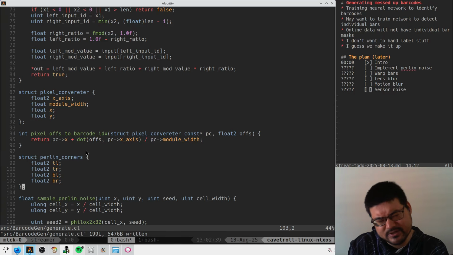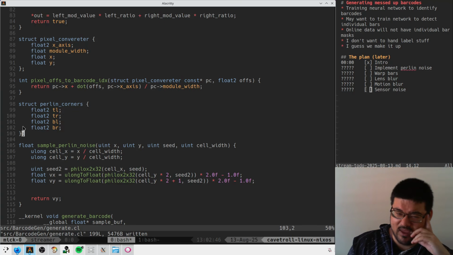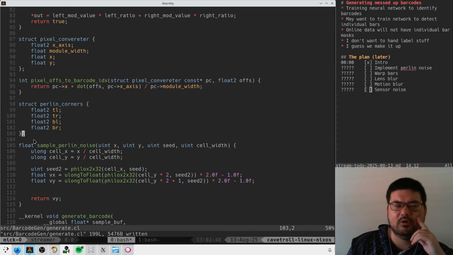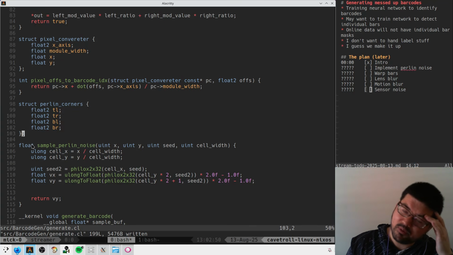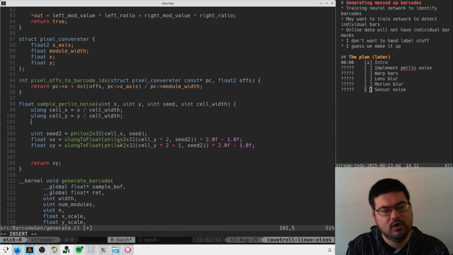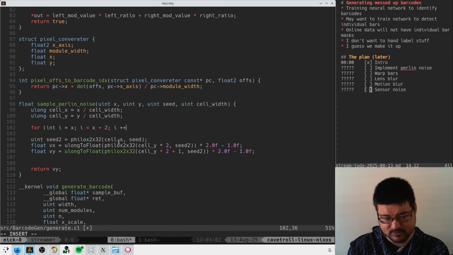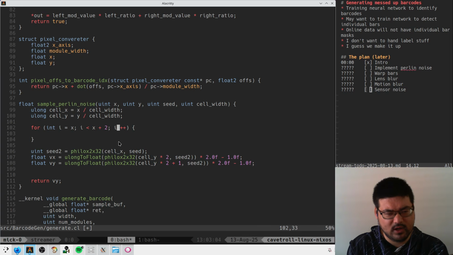I guess it's a little silly for us to pre-calculate all of these, store them in memory, and then copy them out. We probably can do this sequentially, right? So it's almost like we want to go for int i equals x, i less than x plus 2, i plus plus. And then